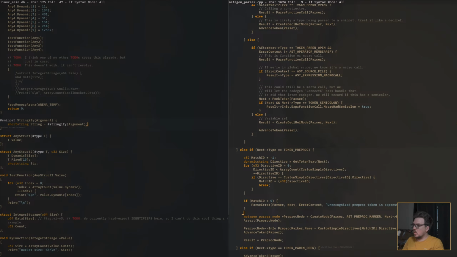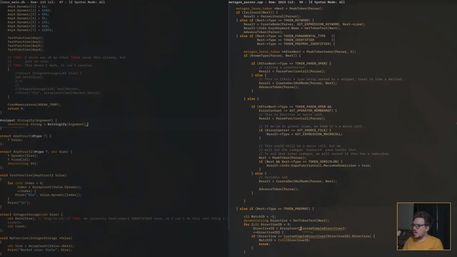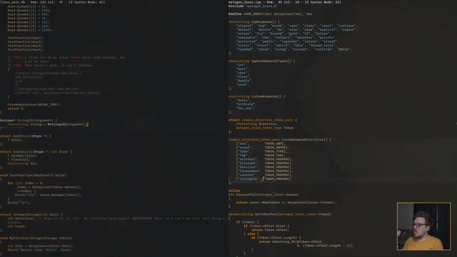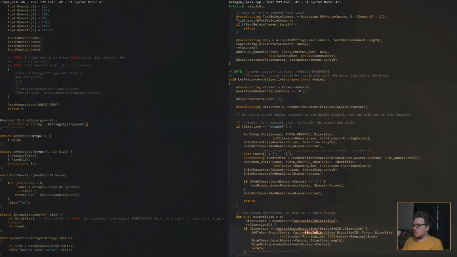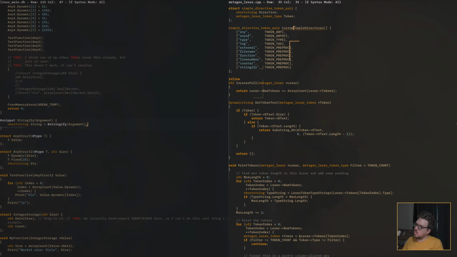Okay, hold on. Custom simple. This is not a simple directive, so hold on. Simple directives. See, I would have thought simple directives don't take parameters, but technically any of them does.